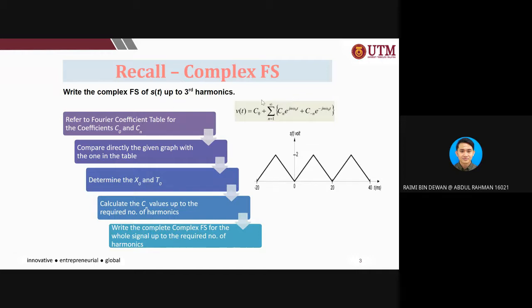You guys can respond in Google chat. This question, is it double-sided or single-sided? Okay, good. So this is double-sided because it is the exponential form, and you have the positive part